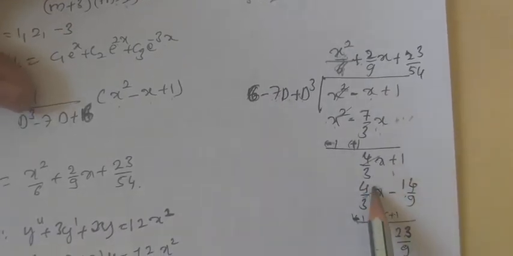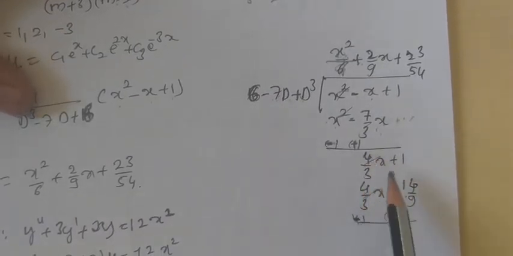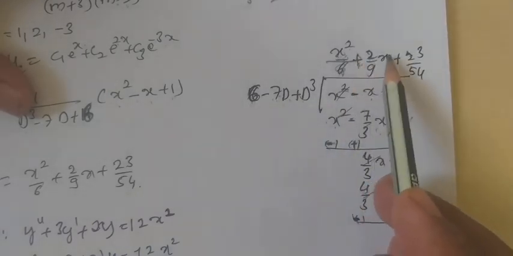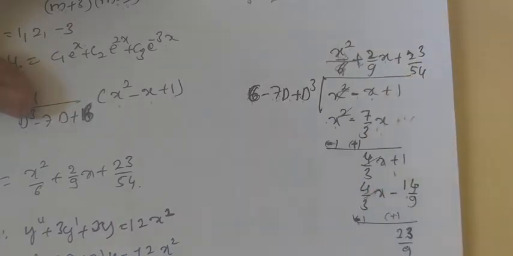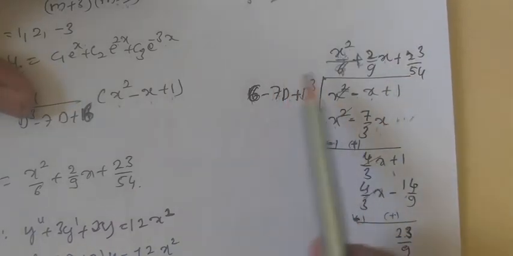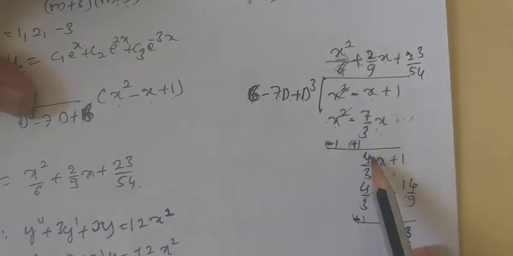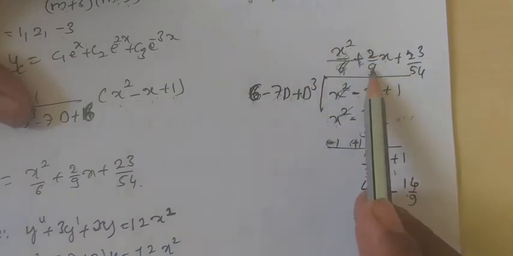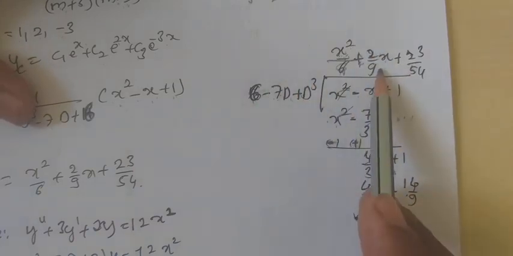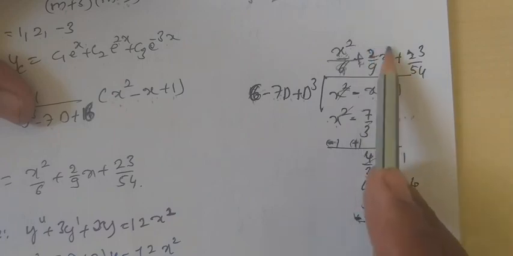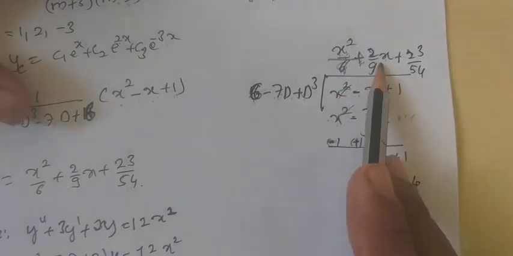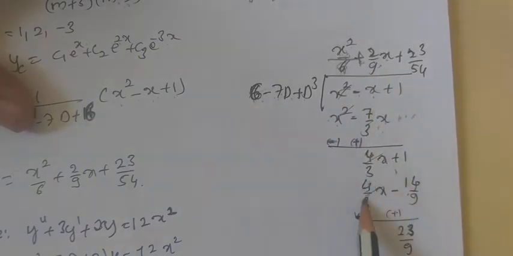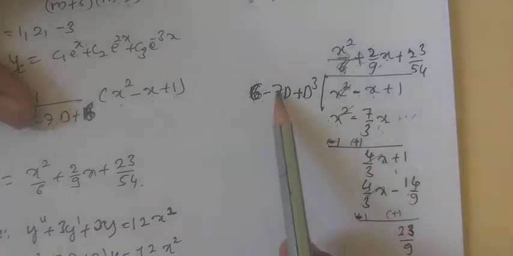So next what we need to do, we have to get here 4 by 3x. So x is not here, so plus we want, first we will take plus here, then x is not there, we will write down x here. We want 4 by 3 here. In the numerator you have 4, but you will multiply it by 2 by 9 accordingly, that is 3 twos are 6, 3 threes are 9, so you will get 4 by 3 here. So 2 by 3 is the quotient, so you can write it as x. So multiply this, you will get 4 by 3x,